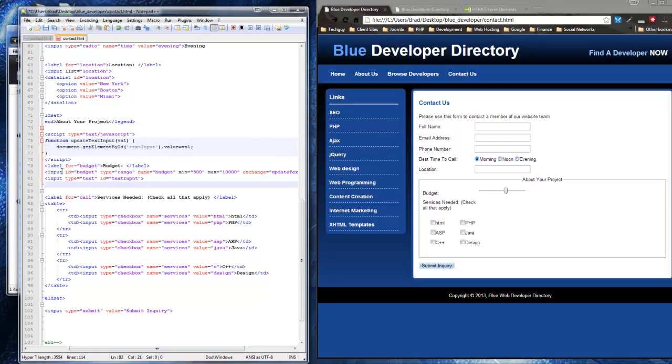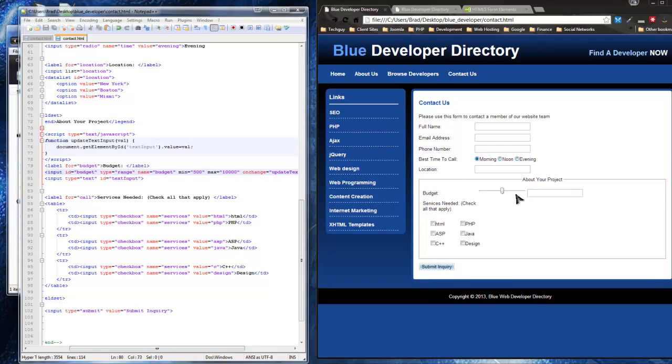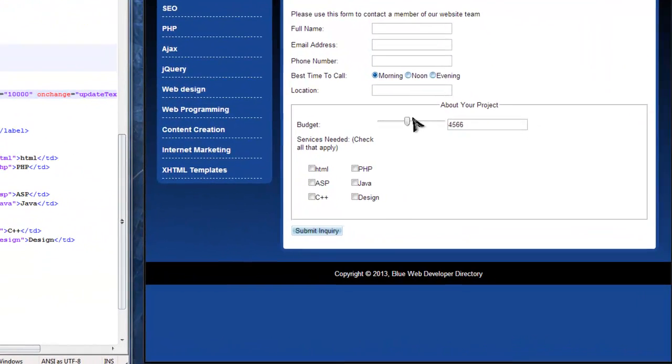Alright, and then we change this back to text input. And then this will keep the budget for the ID for the slider, for the range input, but the text input, now we should have a box next to this. So we'll save this, reload. Now we have a box, and there we go. So now it's working. You'll see if we go all the way down is 500, and then all the way up is